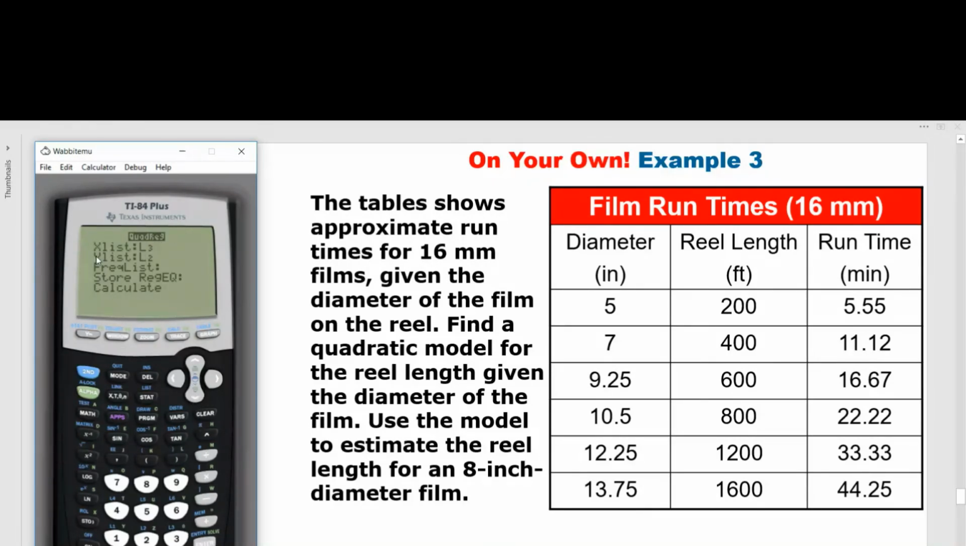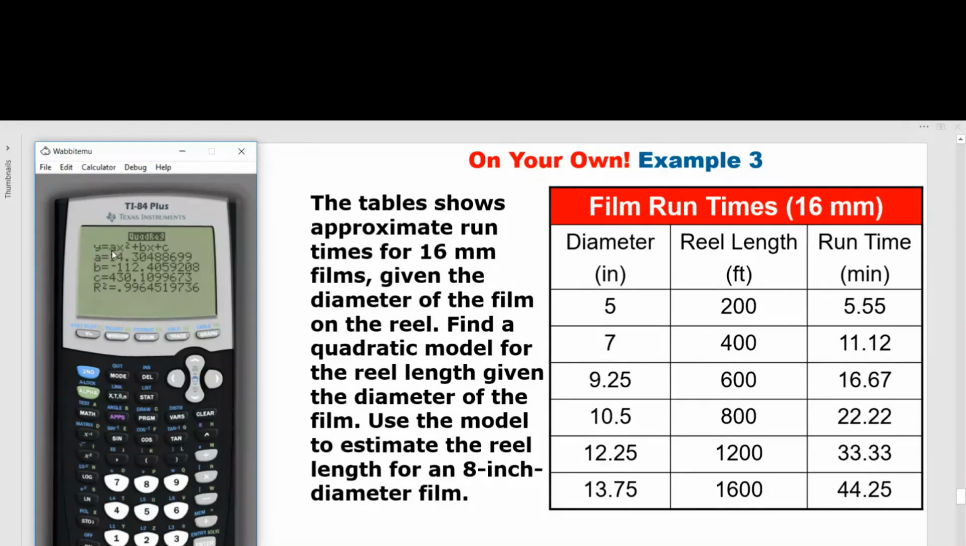Now I'm going to come down. My Y's are no longer in L2. My Y's are now in L4. So again, click that, go to 4, enter. Once again, I want to save everything in Y. So I'm going to click Vars and go to Y, enter. The function is where I want it. Y1 is where I want it, and now I go to calculate, enter,